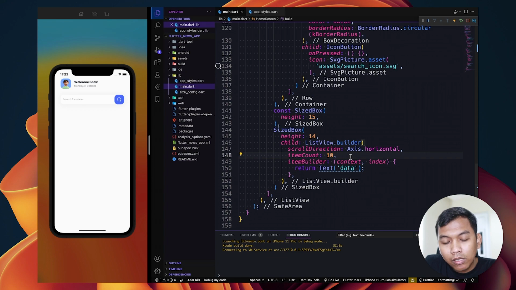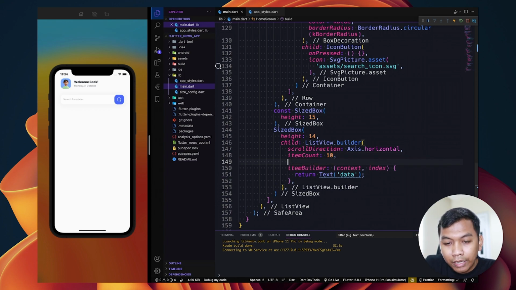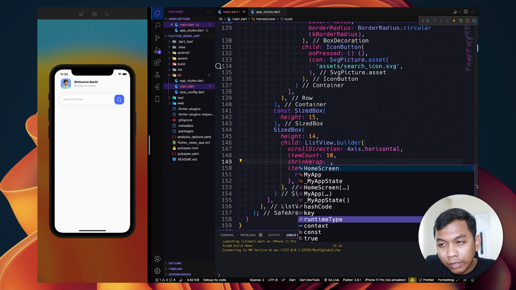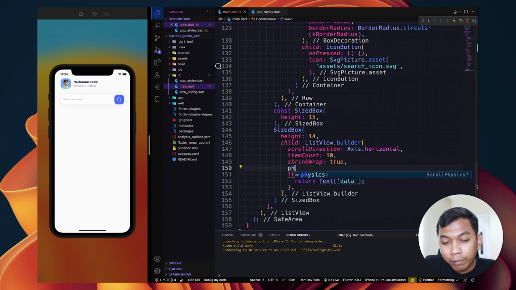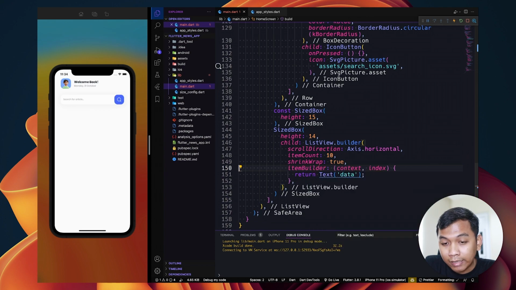And the important thing, because this is list view inside list view on the parent, so we need to say shrink wrap to be true. And because the scroll direction is different with the parent, it's no problem to not set physics to be never scroll physics.